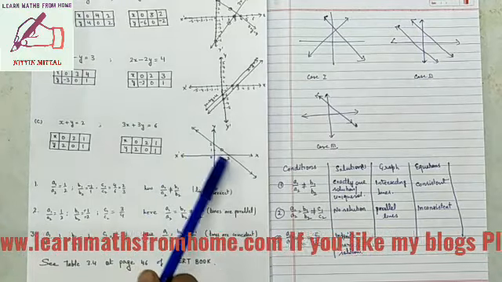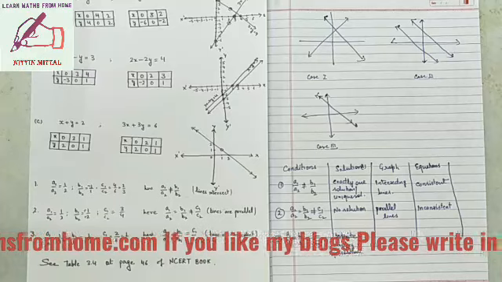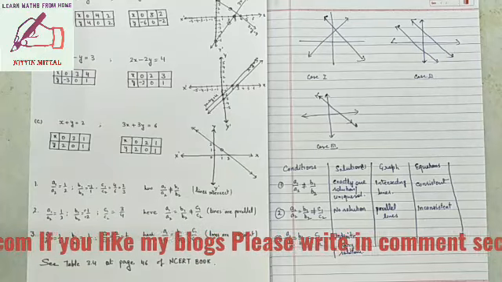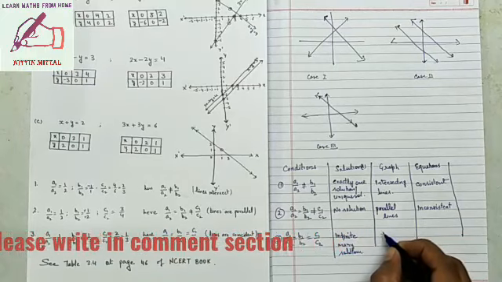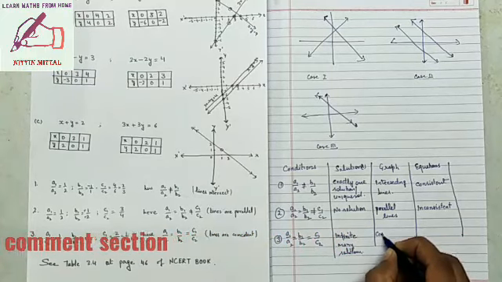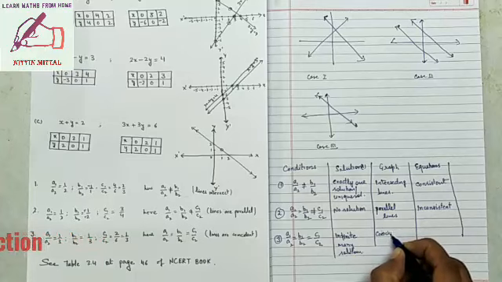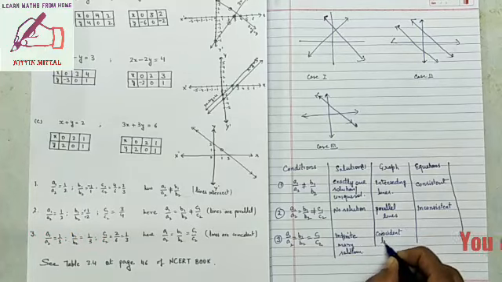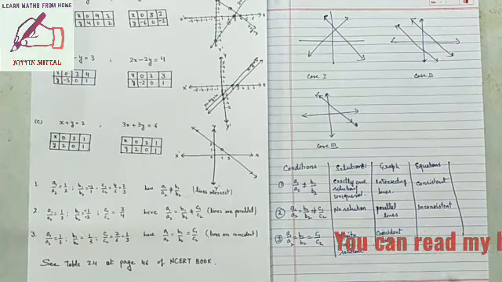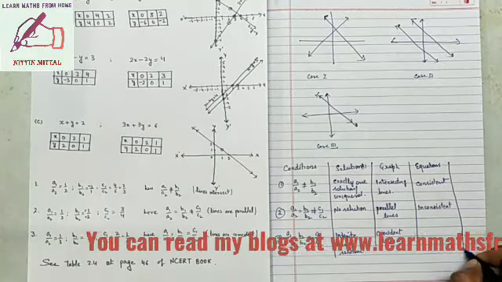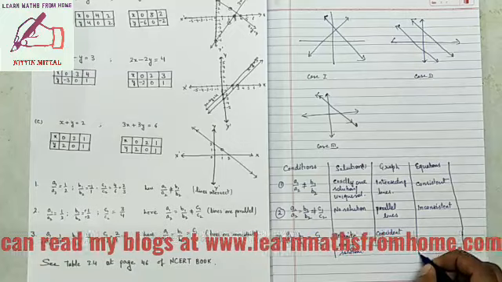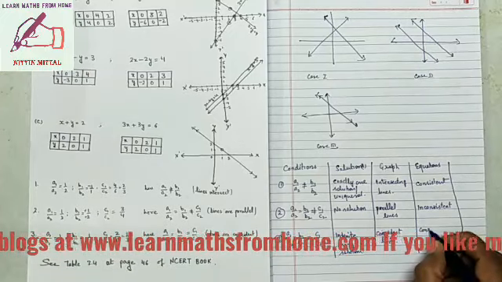Because every point on the graph will be a common point, and a common point means a common solution. So lines will be coincident, right? So the graph will be coincident lines, and as a solution is possible, we cannot say inconsistent, we will say consistent